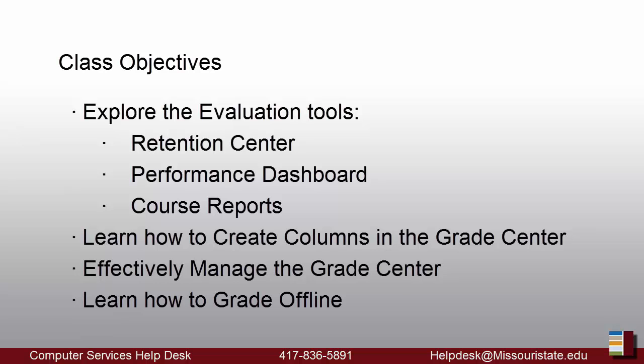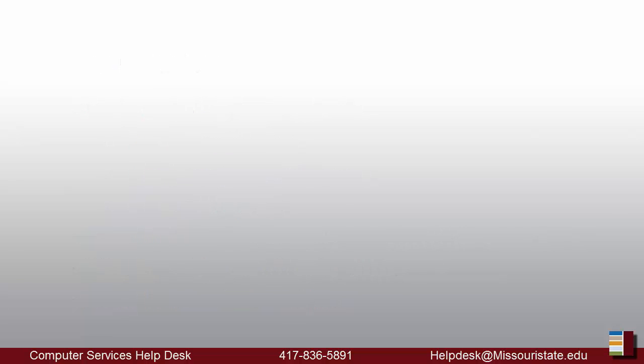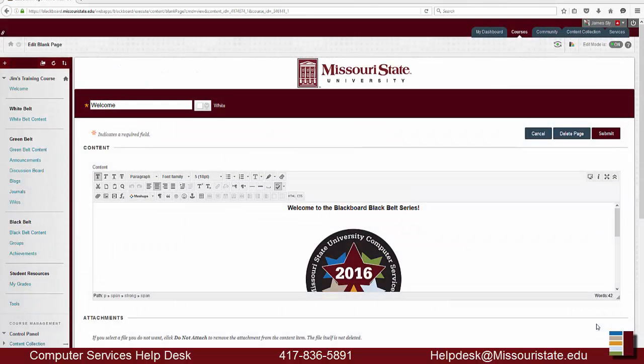The objectives of the Monitoring Student Activity and Performance video series are to explore the evaluation tools available in Blackboard, learn how to create columns in the Grade Center, effectively manage the Grade Center, and to learn how to grade offline. In this video, we will be covering the evaluation tools found under the Control Panel section of the course